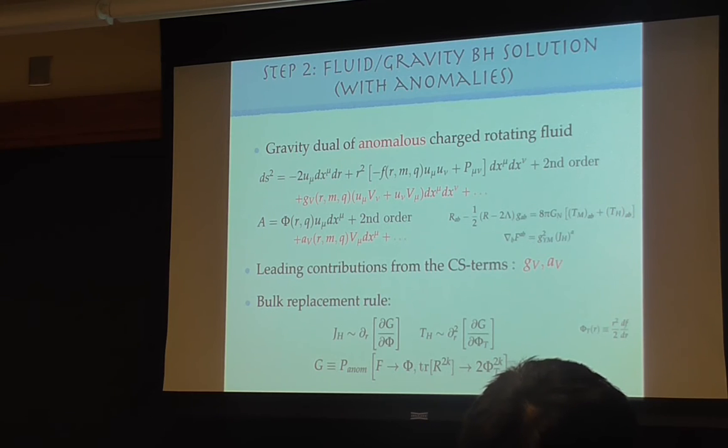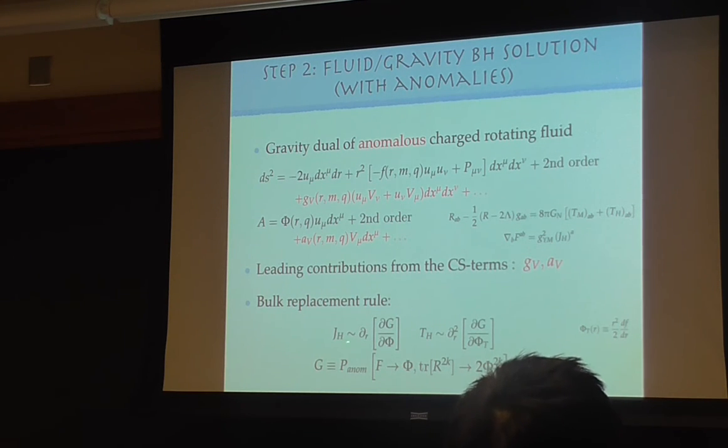Now that is probably straightforward, and there's only one observation that we made that was useful and maybe curious. So remember there's a replacement rule in the boundary which says that if you take an anomaly polynomial, replace some of the F with mu, and R with T, and you're supposed to get the contribution in the one-point function. Here, the gravity way that this works, again, gravity equations are very mysterious and they contain a lot of physics about the field theory that is just not obvious.